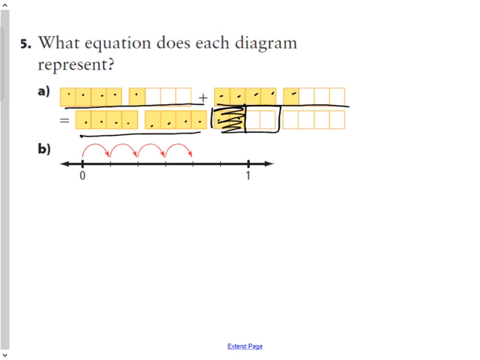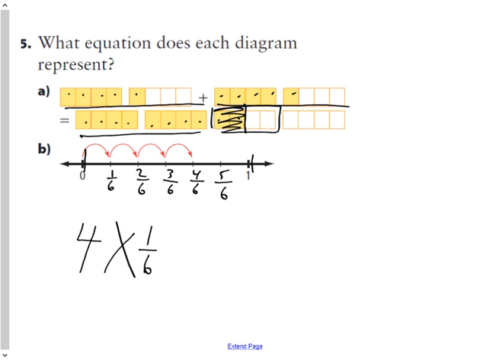Our next question gives us a space on a number line between 0 and 1. And it has 6 little spaces in here, 1 space, 2, 3, 4, 5, and 6. So because it has 6 spaces, each of these numbers represents a sixth. So there would be a number line labeled. And if each jump is a sixth, I have 4 jumps or 4 groups of 1/6,